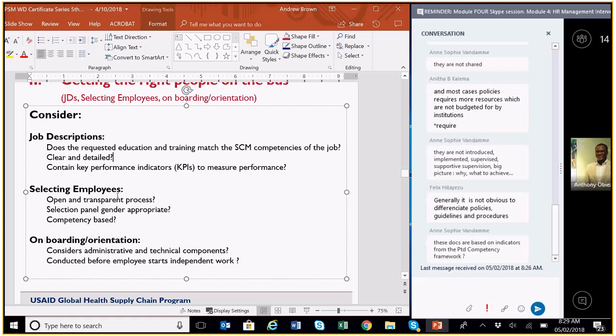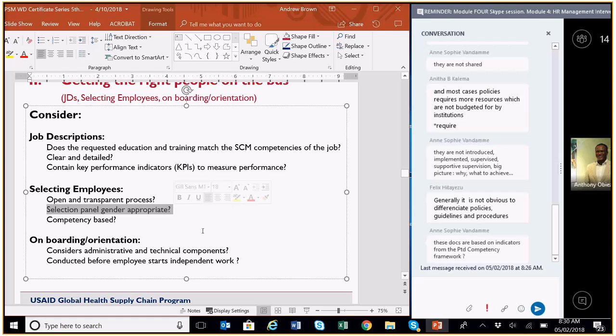So for example, I was aware in one of our PSN countries, a country director was able to prepare a fantastic job description for a supply chain manager for the whole country at a fantastic level in the ministry. This was all agreed, but there was not an open and transparent process, and so one of the officials' cousins was given the job, who had less than the competencies required to complete the job, as an example. I'm sure you can all give stories about that. But if we're not choosing the right people as part of an open and transparent process, then we're setting ourselves up for failure.